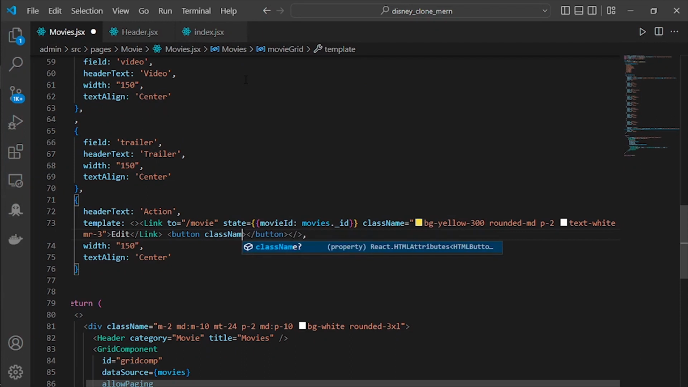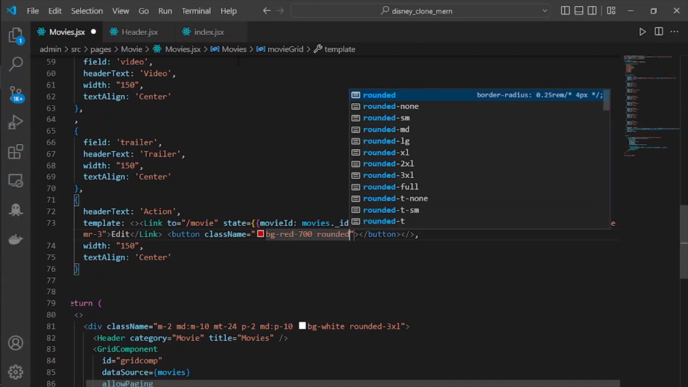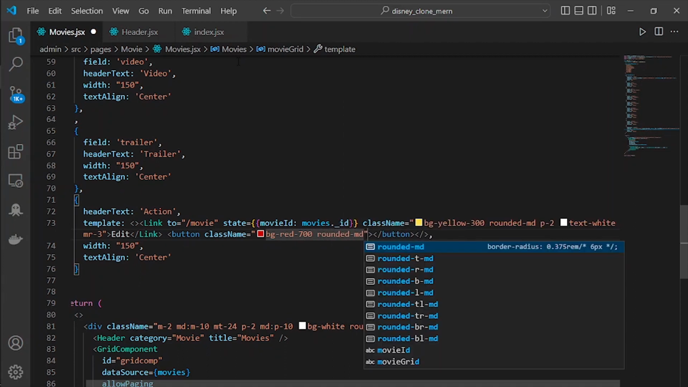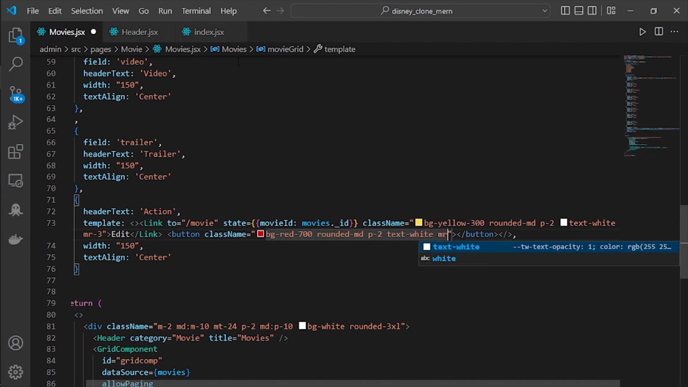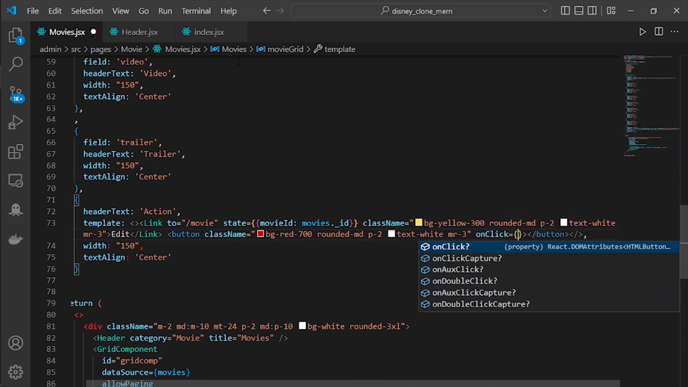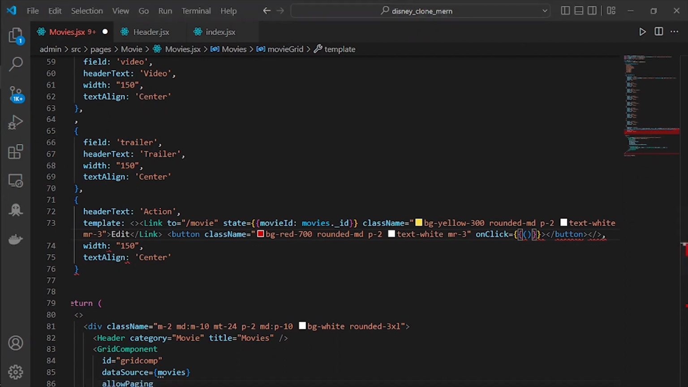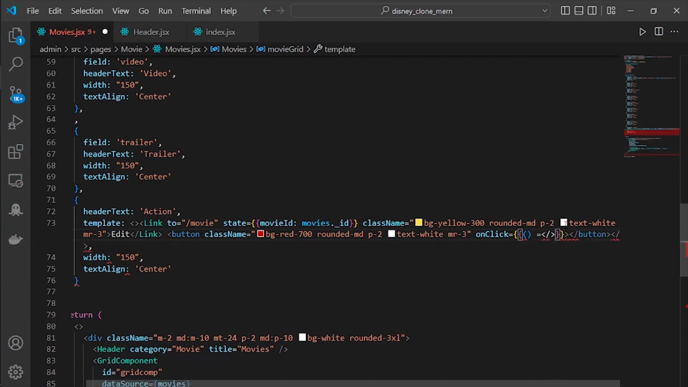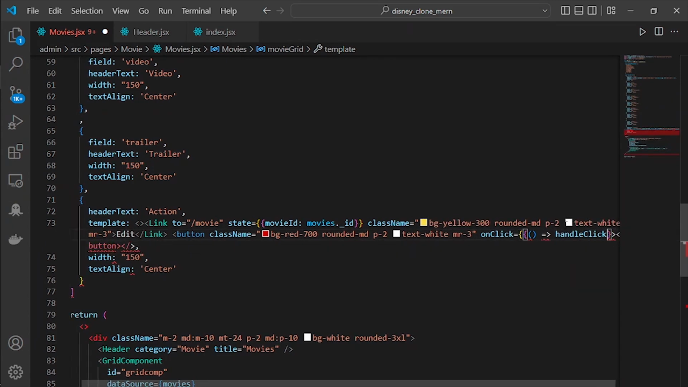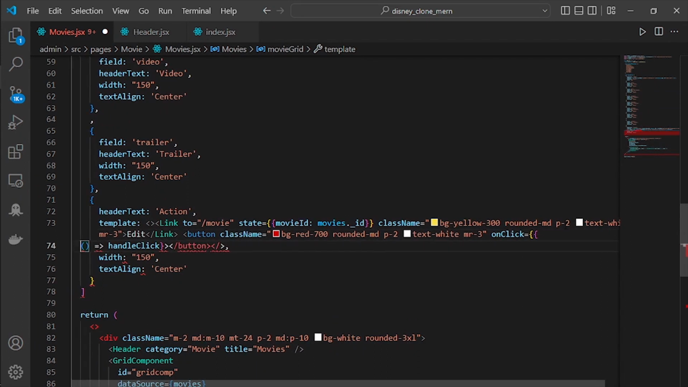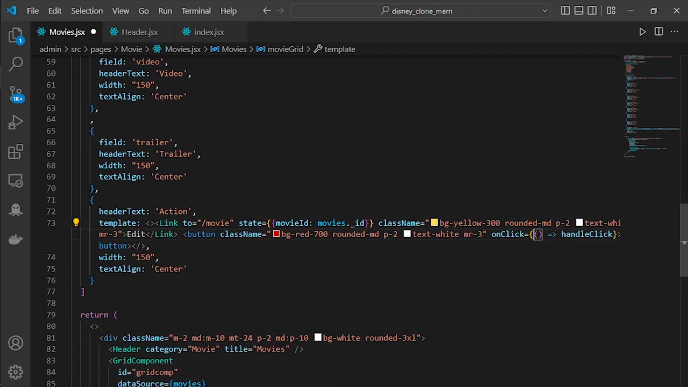with a className equal to background red is 700. For the rounded is going to be MD. And for the padding is 2. For the text is white. For the margin right is 3. And it will have onClick equal to onClick. After onClick, wait, onClick will be handleClick, and it's supposed to be just one curly brace, not two or double. Whoops. Here it's supposed to be handleClick,